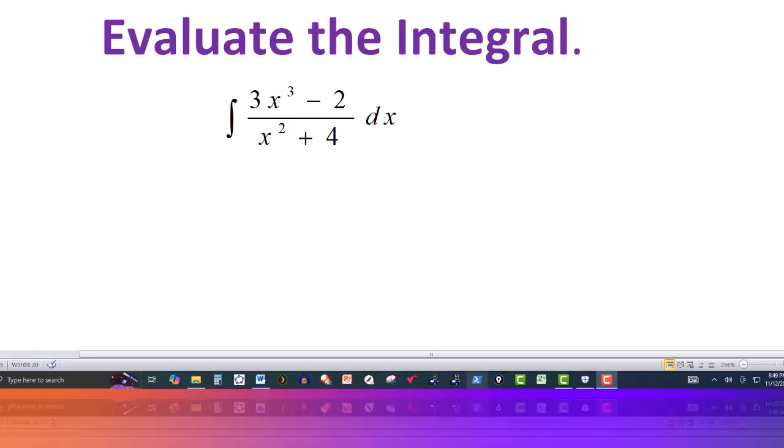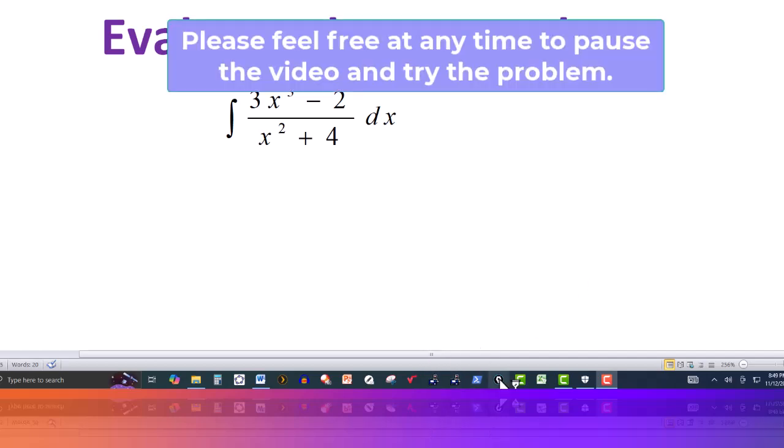In this video we have the integral of 3x cubed minus 2 over x squared plus 4. Now the integrand is a rational expression. Let's go ahead and divide to see what we get. So we do a long division and take the numerator